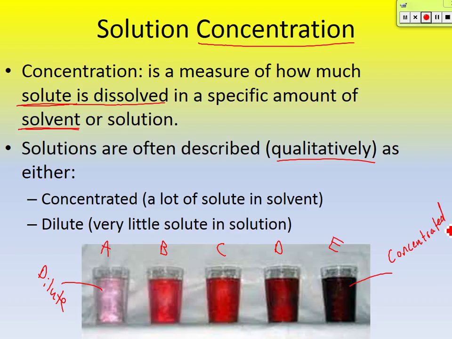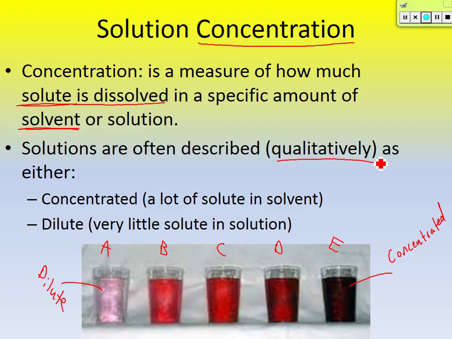Okay, so qualitatively just means we're just looking at it. We're not putting numbers to it. Now, is that good enough in chemistry? No. If I say, go make me a concentrated solution of this acid, is that good enough? No. Chemistry is a very precise science. So qualitative measurements of concentration are okay. But in chemistry, we're going to take it a bit farther. We want to be more precise. And so we're going to talk about how to describe concentrations in terms of